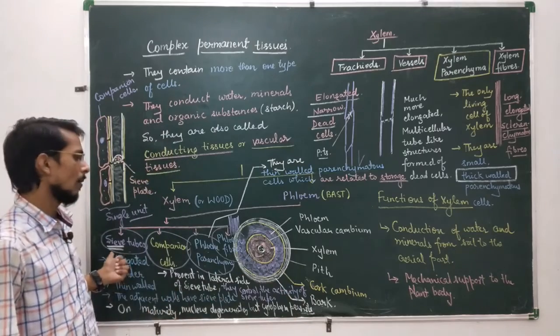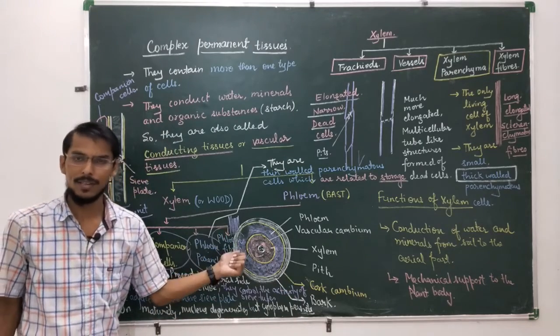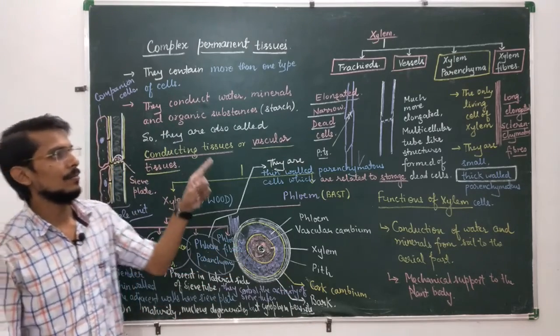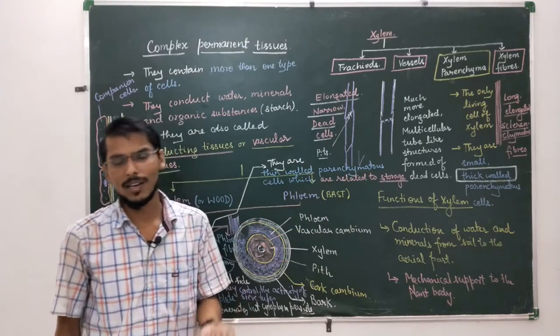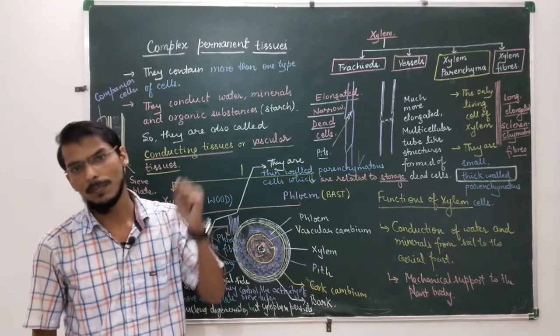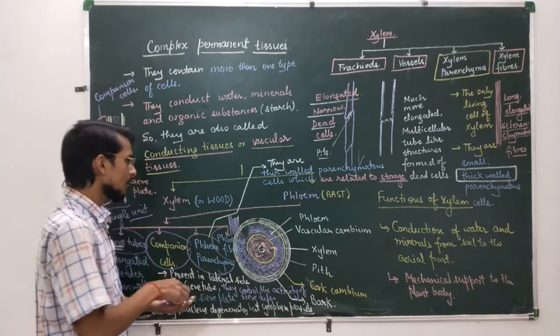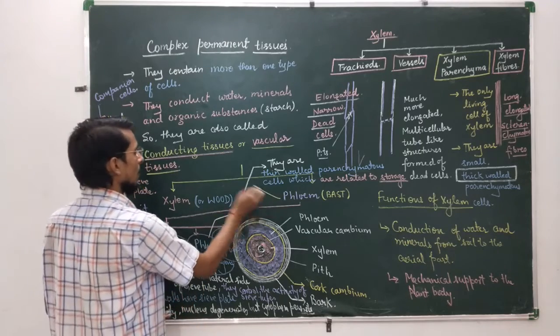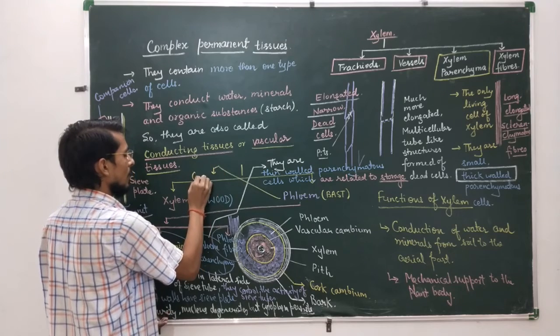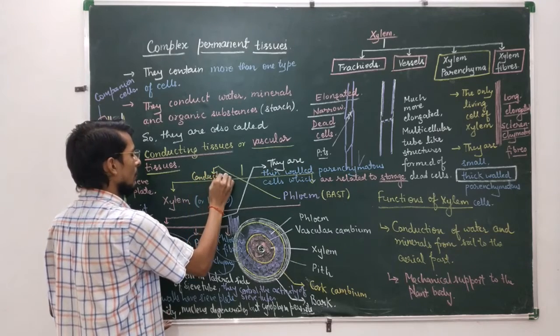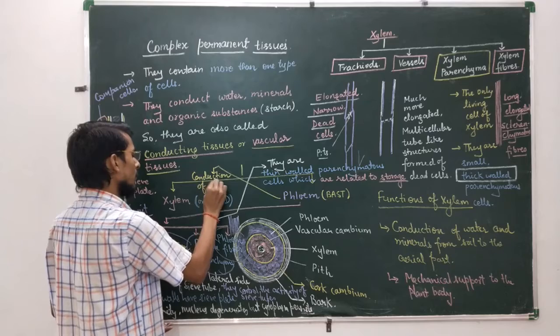In phloem, all the cells are living. Second, xylem has the function to conduct water and minerals from soil to the aerial parts of the plant body. The function of phloem is conduction of prepared food